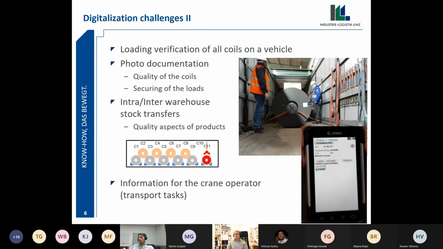For example, for some coils we are not allowed to move them in the second row, or it's not allowed that another coil is stored on top of this coil. At the moment, we have lots of information for the crane operator. There are some transport tasks or loading tasks that he has to do. For example, at the 30 wagons, it's possible that the crane operator gets up to 120 coils to load onto these wagons. Therefore, there's a huge amount of information that the crane operator has to